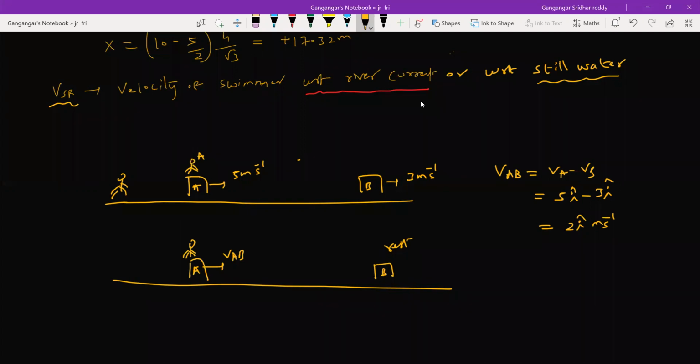If they ask you drift, it should not be mod x. Drift can be positive, negative, or zero, no? So based on that, you have to put a sign. If drift is negative, it will be negative. If it's positive, it will be positive. You need not take the mod, because drift can be positive or negative.